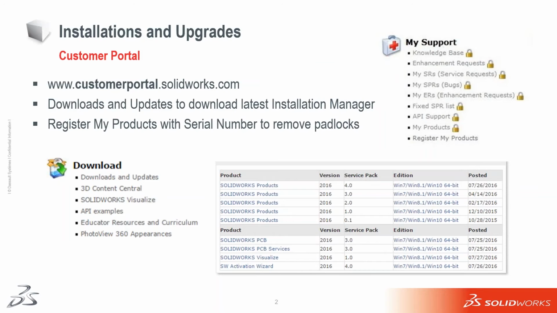We'll start out looking at installations and upgrades, and if you've been a CAD admin or a SOLIDWORKS user for a while, you're probably used to this process. You'll receive a media kit in the mail, and maybe you use your DVD to install the latest service pack of the new version of the software. But if you want to get the software out early, or if you didn't receive a media kit for a certain service pack and you want to go straight to the customer portal and download it, you do have access with an active subscription to